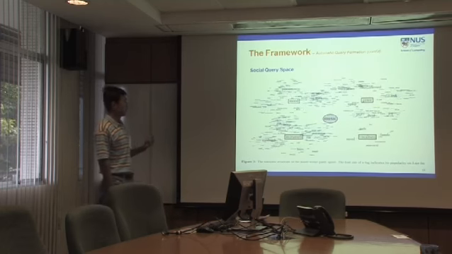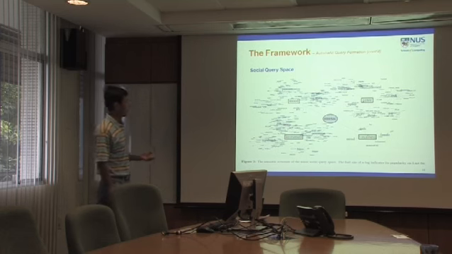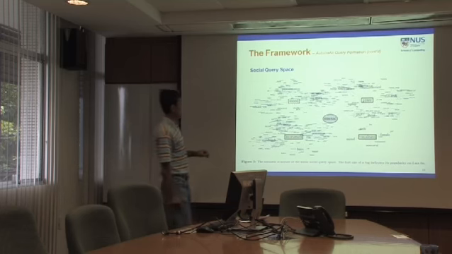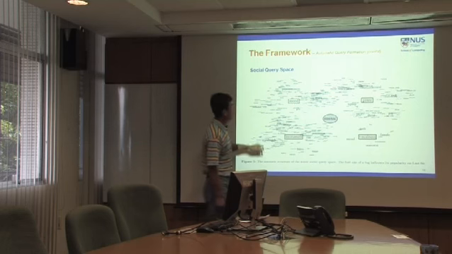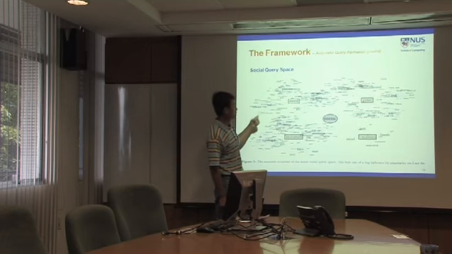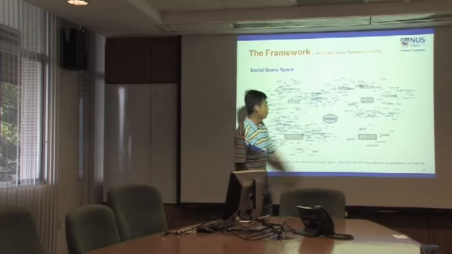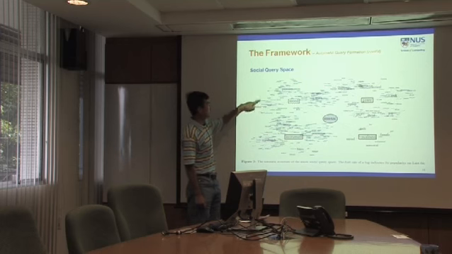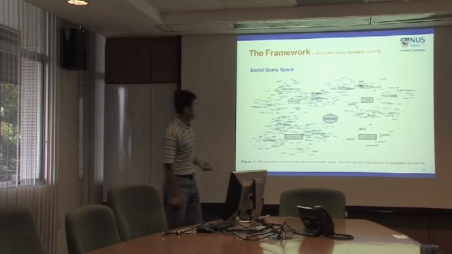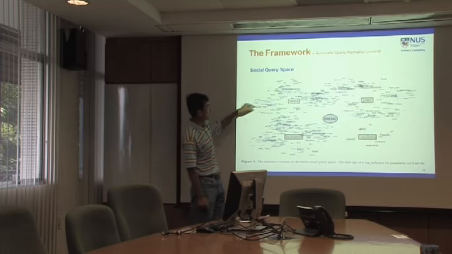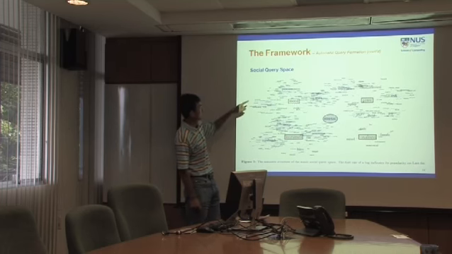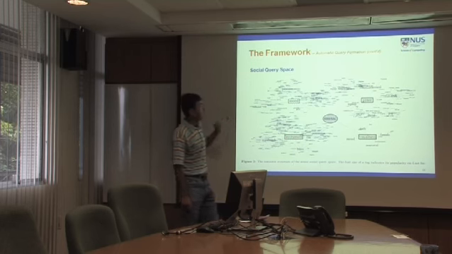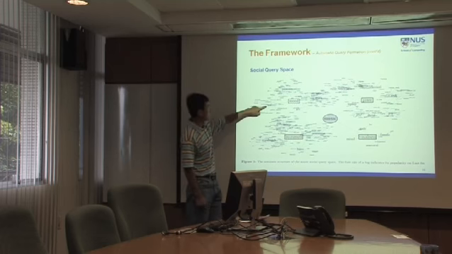This is the social query space we constructed from the online social data. The space is a hierarchy of music semantic concepts. So from the root, music, we constructed 4 music dimensions: mood, instrument, genre, and vocalist. Within each dimension, we will have some clusters to group similar music concepts. For example, the mood dimension, we group into 4 clusters: sad, pleasure, angry, and joy.